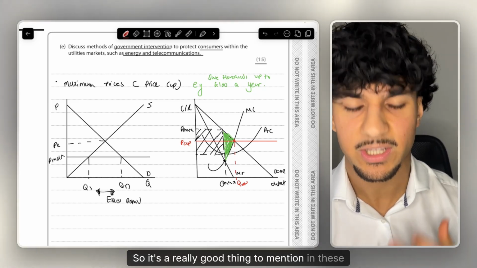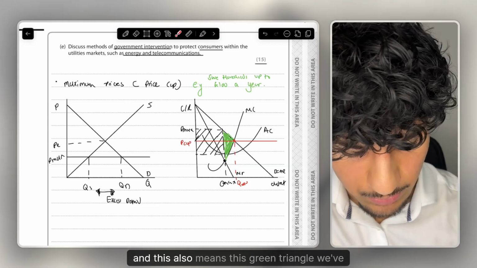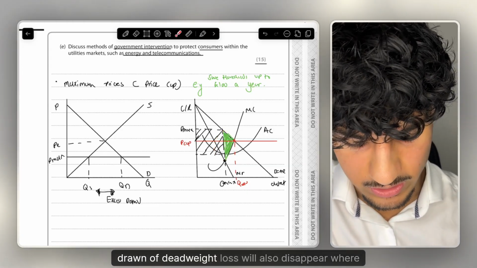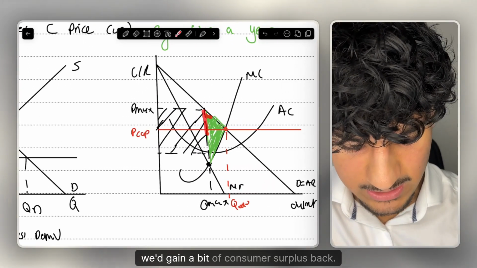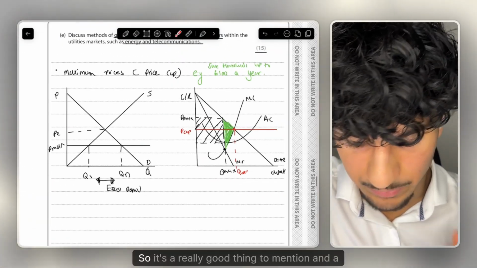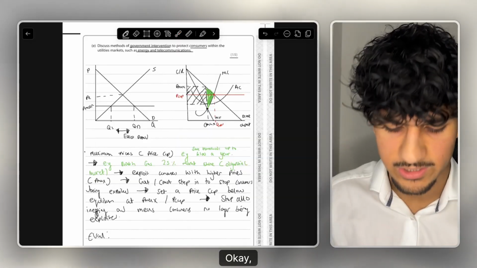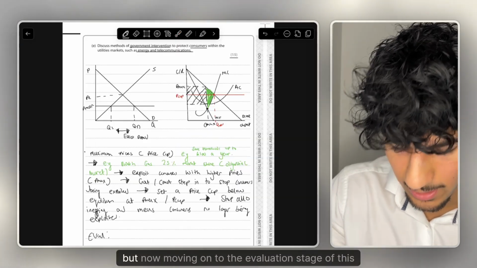So it's a really good thing to mention in these paragraphs, and a really good bit of added detail you could mention here. And this also means this green triangle we've drawn of deadweight loss will also disappear, where we'd gain a bit of consumer surplus back, and then the deadweight loss would itself disappear. So it's a really good thing to mention, and a really substantiated, great argument here. Okay, so I've written most of that up, but now moving on to the